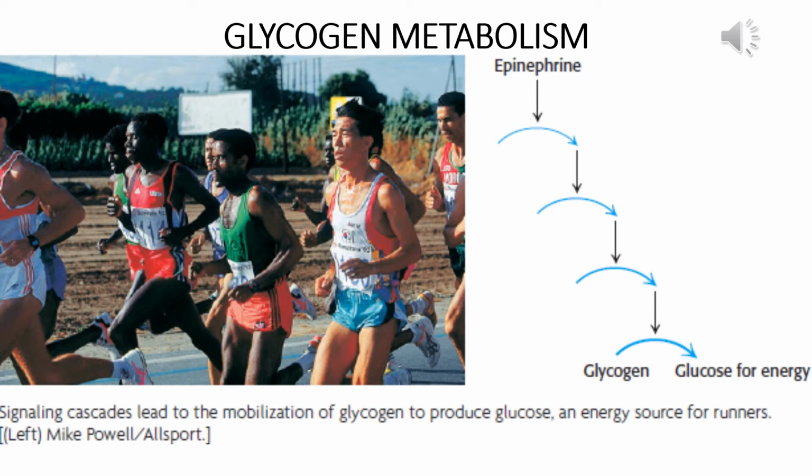Glycogen. Glycogen is a reserve polysaccharide in our body. It is a polymer of glucose molecules joined by alpha-1,4 linkages, and branch points are made by alpha-1,6 linkages, mainly found in the liver and muscle. It is made from glucose when there is abundant glucose supply available in our blood.